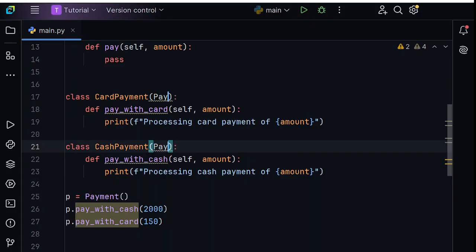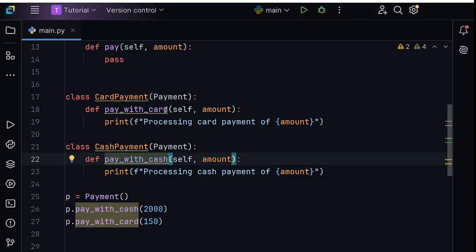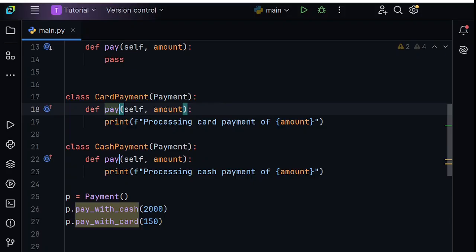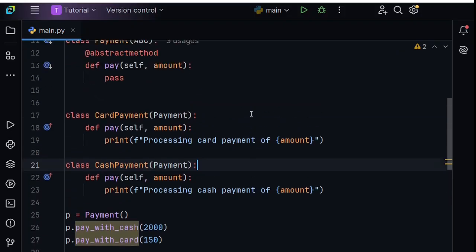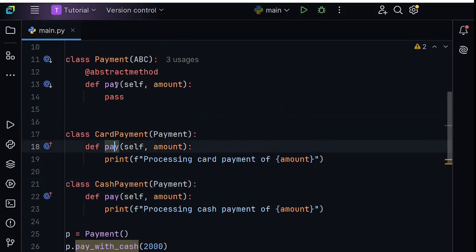Here we are generating from both payments, it's two of them. So what I'm modifying is this pay method. Now we have this method here, and they are both printing out two different things. They are inheriting this pay method from the abstract method. So let's say we want to have some structure. Let's just say here I want to print the customer wants